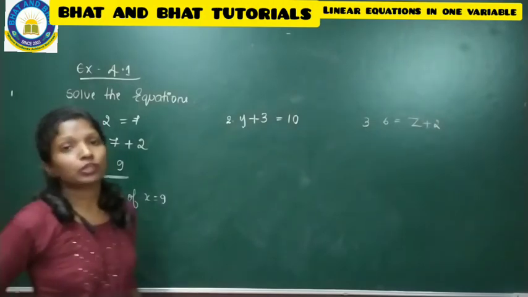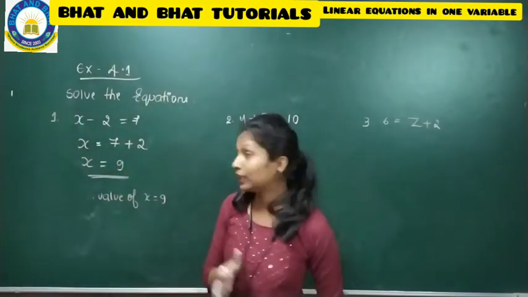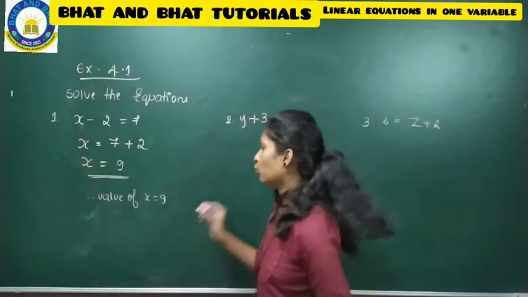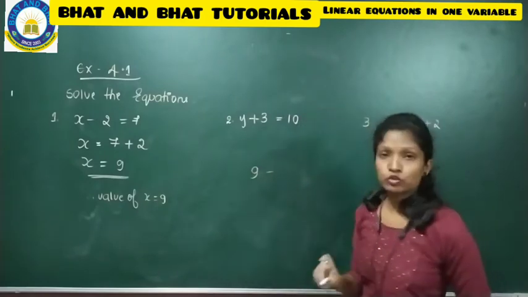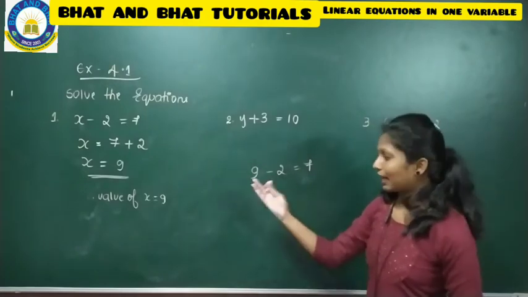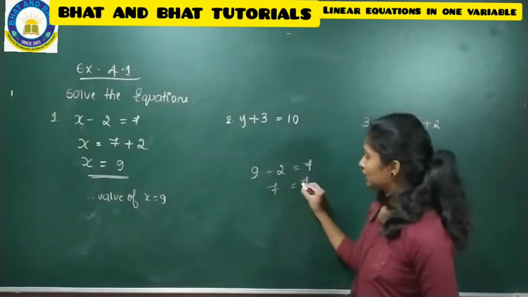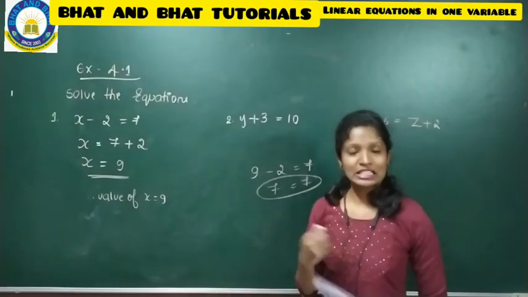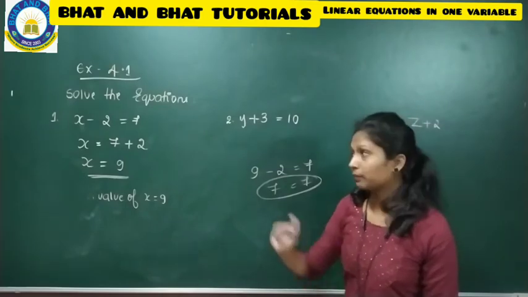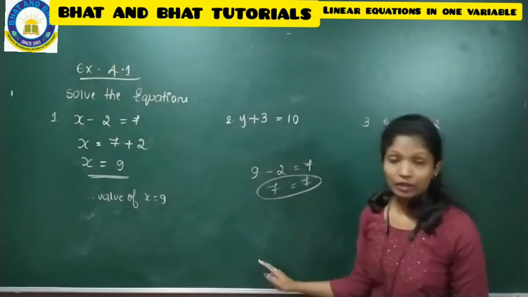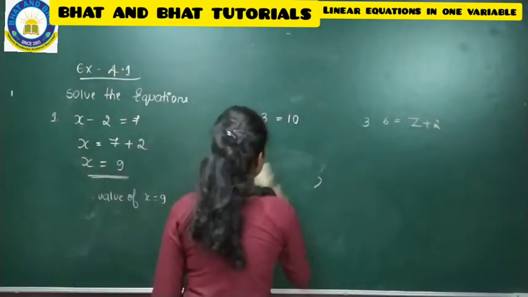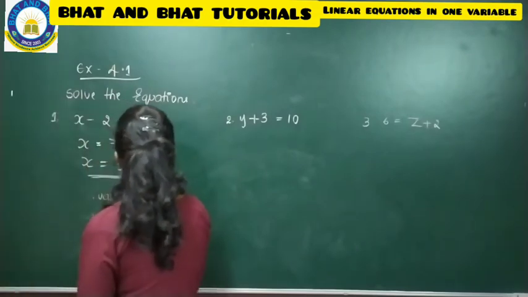So whatever problem you have done, whether it is right or wrong, how to verify that? Now you have got the x value of 9. So in the place of x put 9, 9 minus 2 is equal to 7. So 9 minus 2 is 7, which is equal to 7. So when LHS is equal to RHS, then your linear equation in one variable has been verified. In the same way, you can do it for that 2x minus 3. Okay. So this is the answer for the first question, where the value of x is 9.